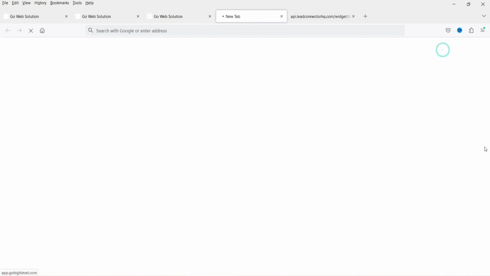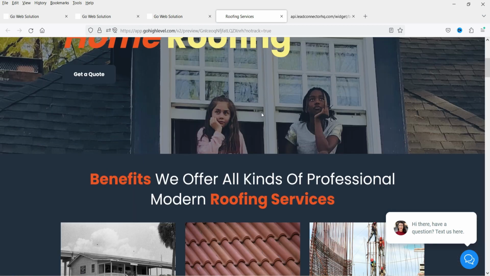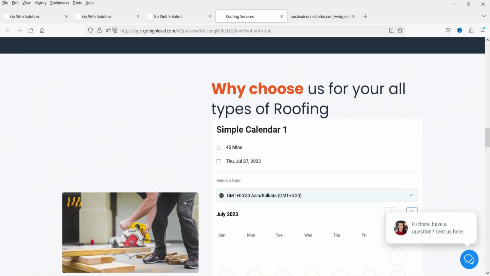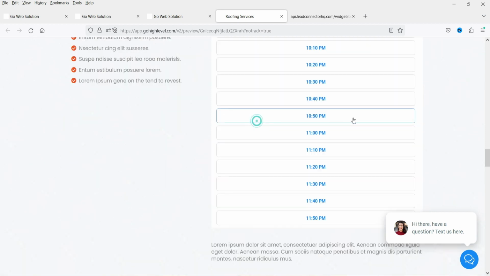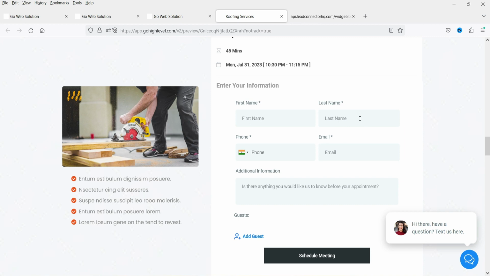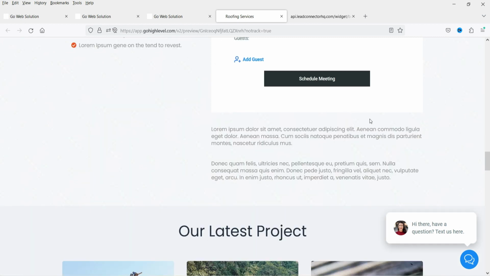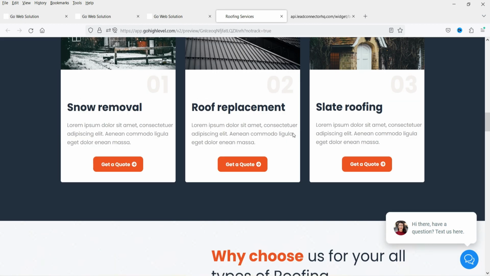Let's preview. So this is the sales funnel I created before. And now you can see the calendar here on the sales funnel. So I can select the date, then I can select the time. And after that, I can enter the contact details and then I can schedule the meeting. So this is how you can integrate the calendar into the sales funnel or on the website that is created